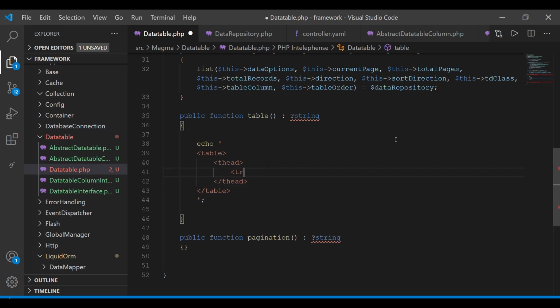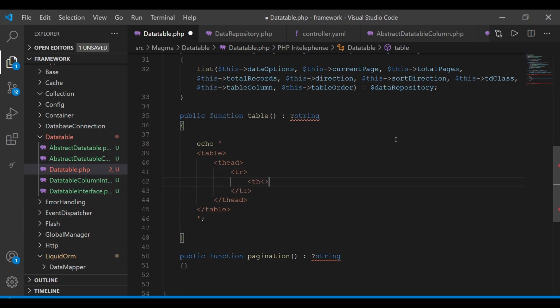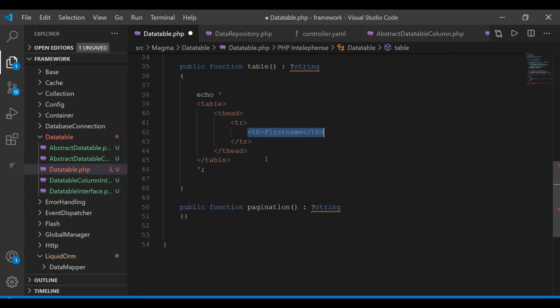We've got a row, the closing tag, and we've got some th elements in, and this is where we define stuff like first name, last name, email, etc. You could have as many of these as you've got columns in your database, or as few as you want. It completely depends on how you want it to look, right? So that's the head. Then you've got the body,